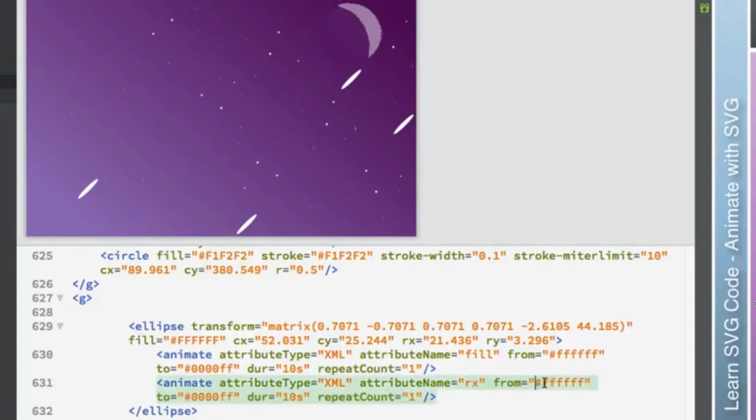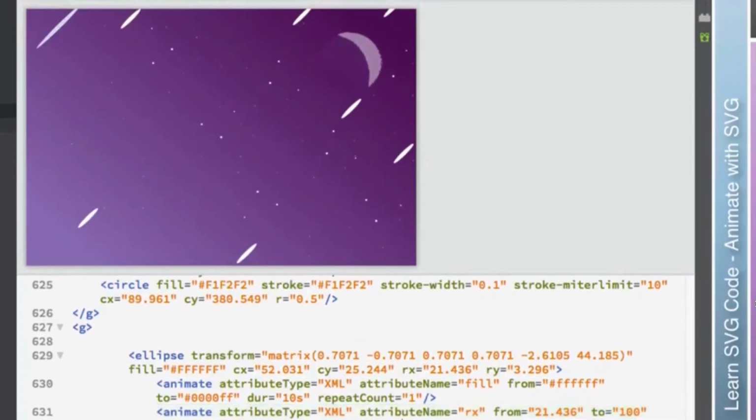So I could add in an RX if I wanted to, and it starts at this for the radius on the X plane, and then maybe I want it to switch to, I don't know, something ridiculous like 100, and we could make it happen in 5 seconds, and it could do it indefinitely. Now notice something interesting here. It's not really on the X plane, is it? It's on like a diagonal, and that's because it's being affected by